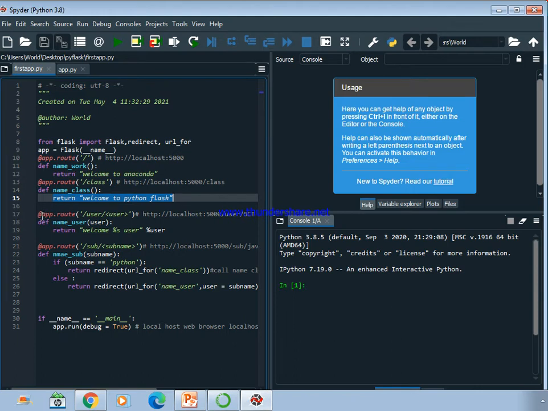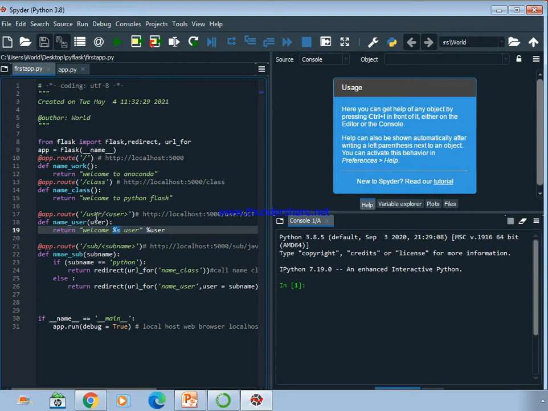So next one is whatever I am passing in the URL path, that name will be represented in this, that is printed in the web browser. So for that only I have represented %s. So if you have studied C programming, automatically %s represents the string. Similarly in Python also, to represent that value, that has to be represented here.